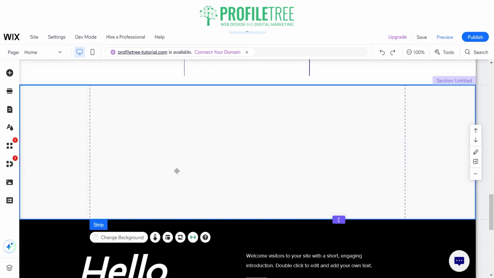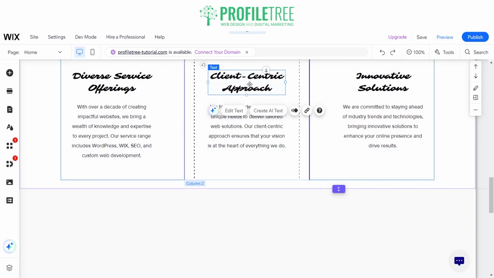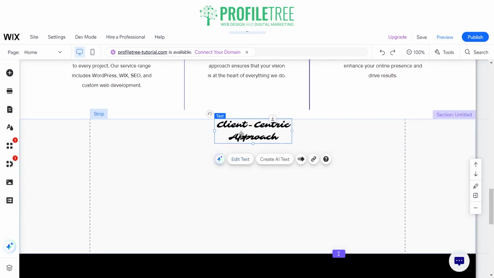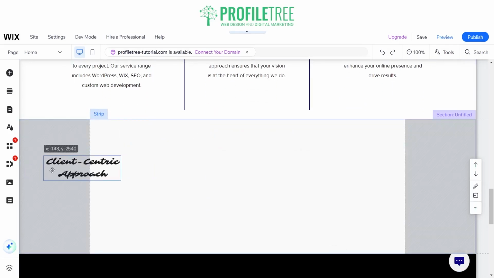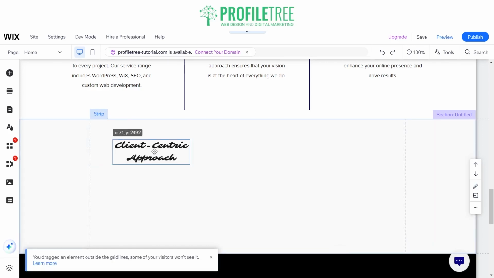So the reason why I encourage to use strips is because there's a difference between the section and the strip. So with the section, yes, you can add all your different elements and do your bits and pieces. However, you'll see that there's going to be these dotted lines. So with these dotted lines, that's as far as how many elements you can actually put onto the screen. So let's just say that I'll borrow this. I'll go ahead and copy and paste that in here. So if I drag it here, you'll see that it goes gray, and you'll actually get a message at the bottom left saying you dragged an element outside of the grid lines. Some of the visitors won't see it. So that is something you want to